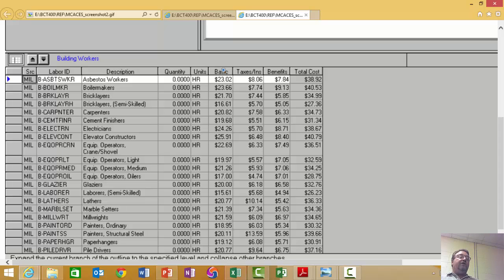What would the insurance be for labor? Workman's comp. What would the taxes be? Taxes would be FICA, FUTA, SUTA. FICA is Social Security. SUTA is state unemployment tax. FUTA is federal unemployment tax. This is basic stuff. You need to know how to develop a wage rate to use in an estimate. And you start with, if you're paying someone $10 an hour,